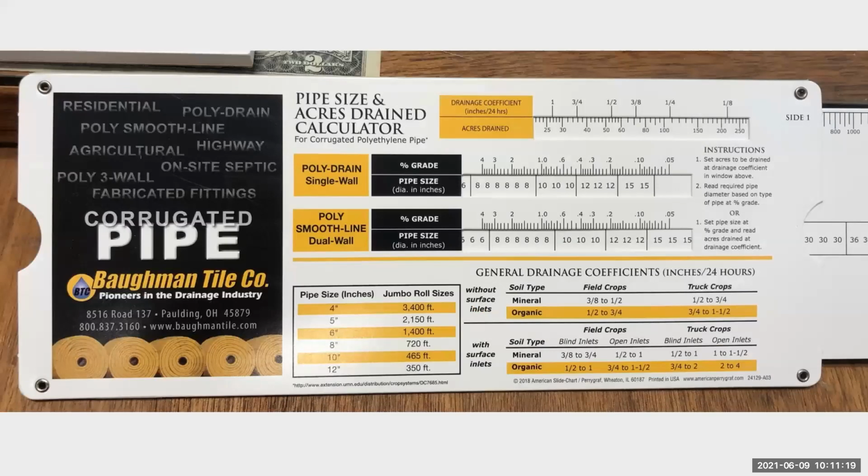If you attend the Overholt Drainage School in person, we have classes where we sit you down for several days and we actually go through the whole Manning's equations and design guides and all this stuff. And you'll get to learn those very well. But there are other methods of figuring this stuff out, okay? Most tile companies like this one here produce some sort of a slide rule where you can simply slide it and say, okay, I want a 1/2 inch drainage coefficient, figure out the amount of acres that I want to drain, and then I can look down and see which pipes at what grades will be able to support that needed flow rate. Okay, so there's many options out there.